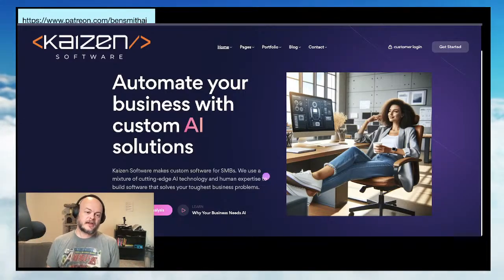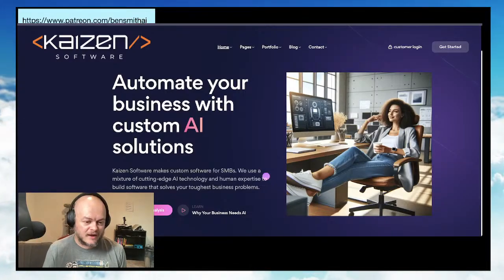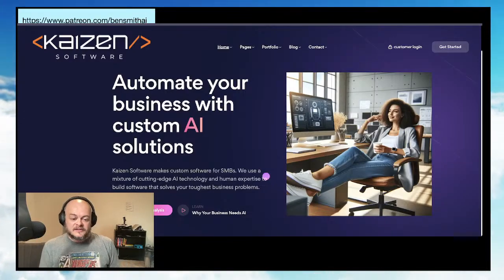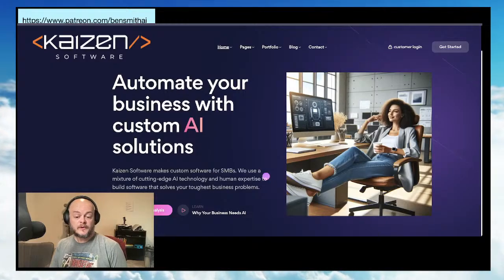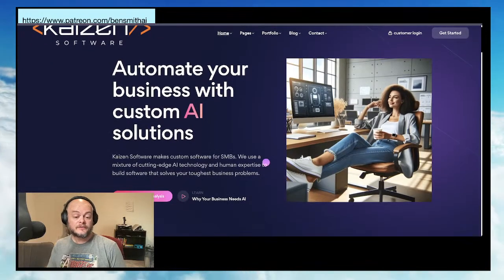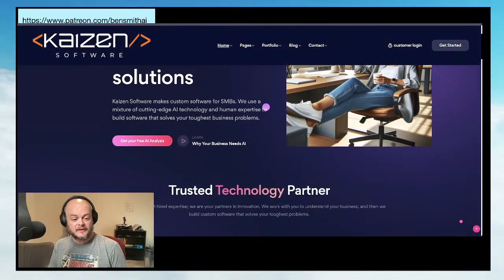All right, my H1, automate your business with custom AI solutions. Kaizen Software makes custom software for small and medium businesses. We use a mixture of cutting-edge AI technology and human expertise to build software that solves your toughest business problems. Get your free AI analysis, and that takes you to the